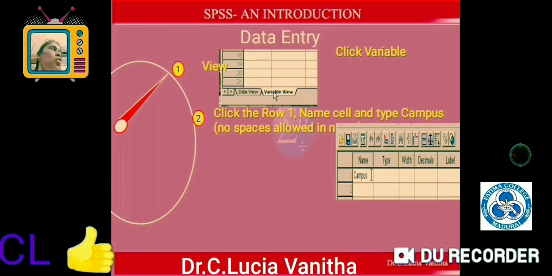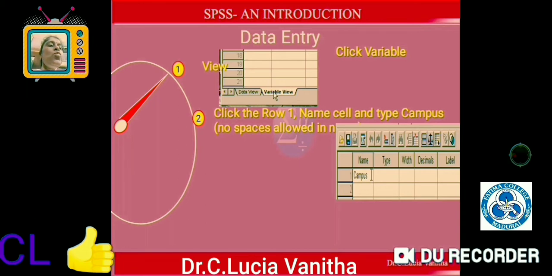If there are two words and we leave a gap, that will become a problem. It will not accept, it will say invalid. So don't leave any gap in typing the name.